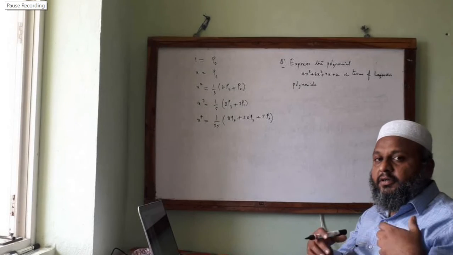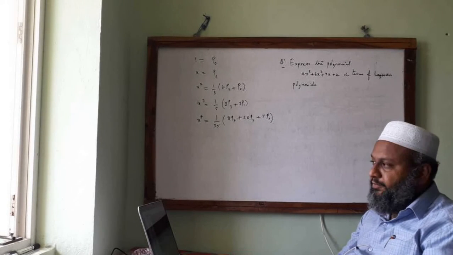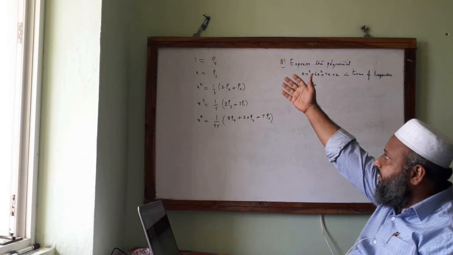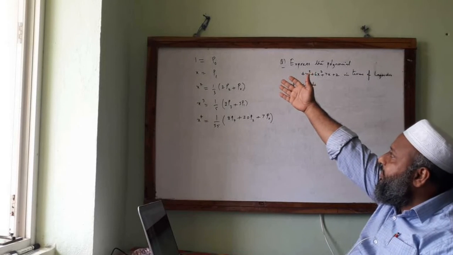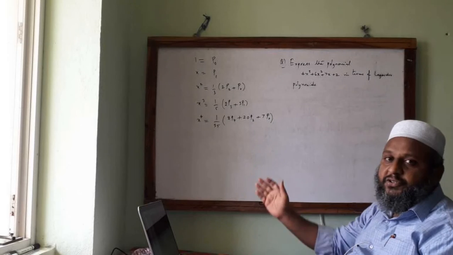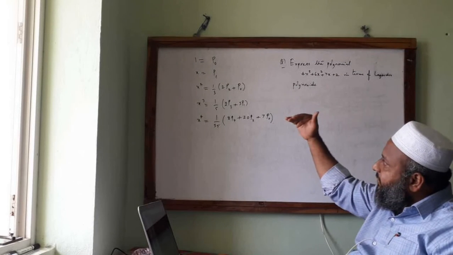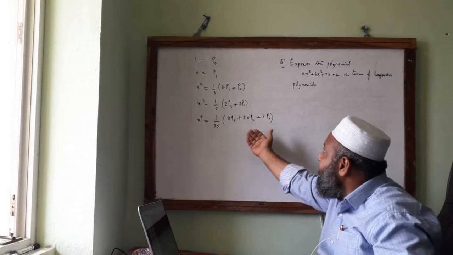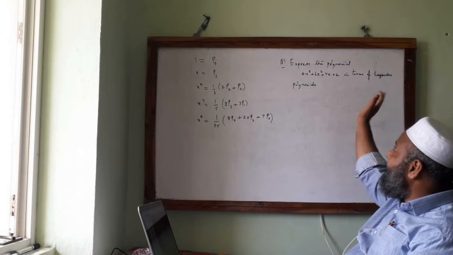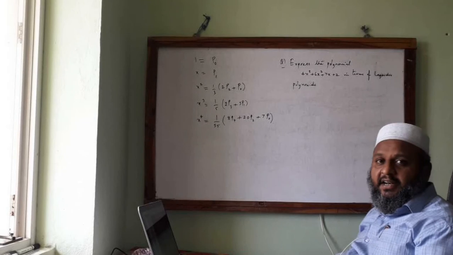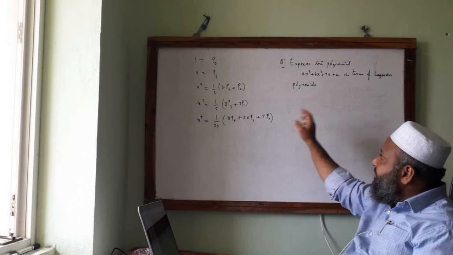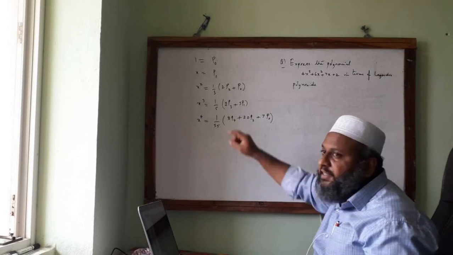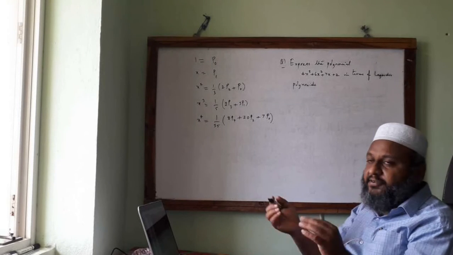Okay, now let us talk about how to express a given polynomial in terms of Legendre polynomials. As I stated some time back, for saving time I have just paused the video and written that one. So 1, x, x square, x cube, x to the power of 4, at least these 5 steps you remember. Most of the time they ask up to x cube, but sometimes, rarely, they can also ask about a 4th degree polynomial. The question is: express this 3rd degree polynomial in terms of Legendre polynomials. For that purpose we need only up to here, and this x cube is written in terms of Legendre polynomials. It's not a very special thing. You know about P3, just write the P3 value and you can get it from that.